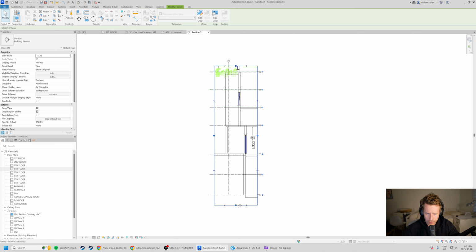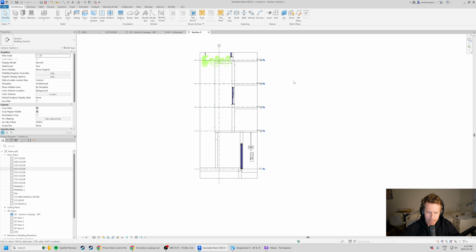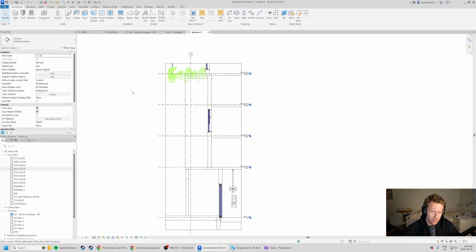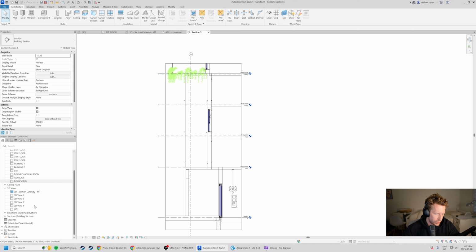And I know we also cropped the basement, right? So we're going to drag this crop up. And now I'm going to take this, what's called section 5. We can find that section a couple ways. We can come over to the project browser and open up the sections here. Come to section 5. Again, I'm going to rename this, say wall section,